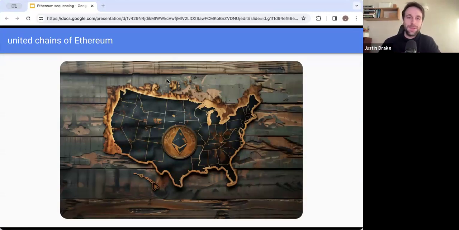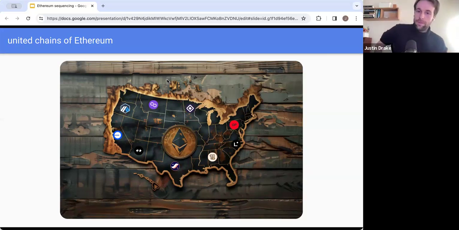So the way that I think of the opportunity at play here is the United Chains of Ethereum. This is a term that was coined by Bankless. And the idea here is that we could have the various rollups, the various chains, all live together on a shared land with low friction. So I can think about it as freedom of movement or freedom of commerce. If you go from one state to another, you don't have to show your passport or have a visa. You don't need to pay import duties or taxes or whatever it is. There's very low friction. And with shared sequencing across the chains, this is something that we can achieve, especially once we have real-time proving with SNARKs.